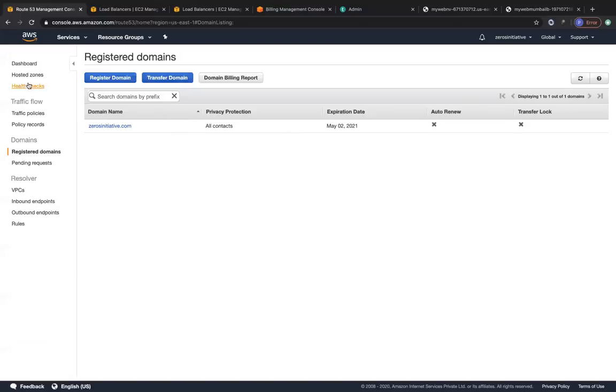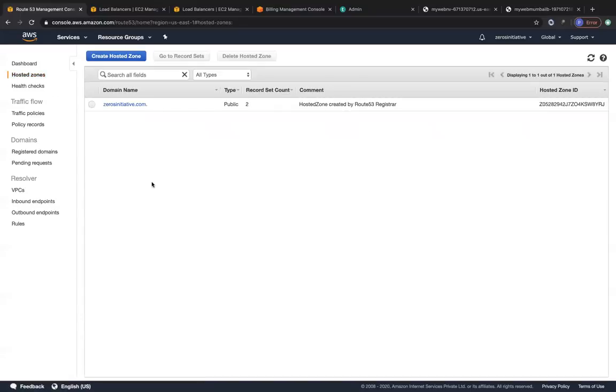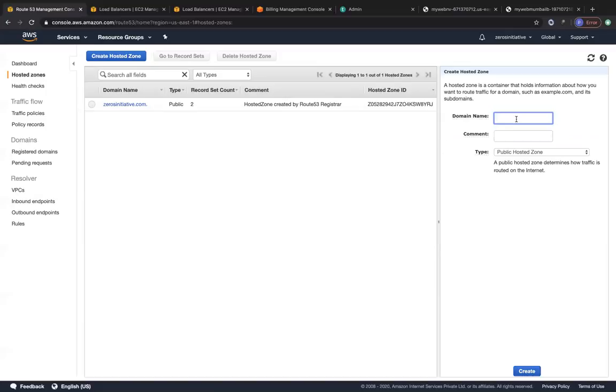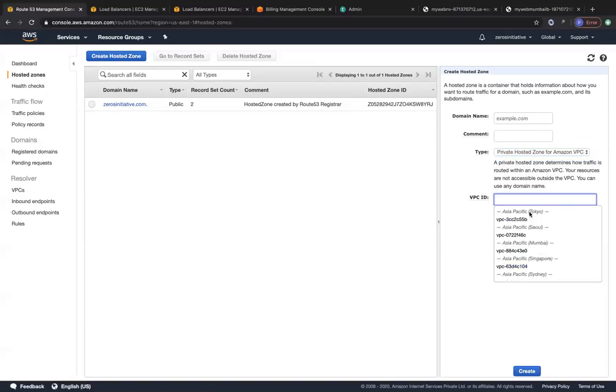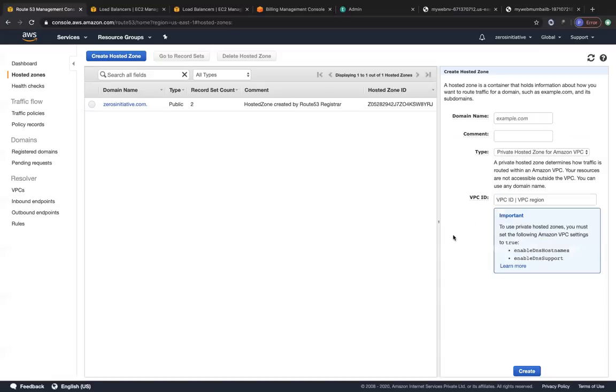So let's go to hosted zones. And by default, a hosted zone will be created for you once you have purchased your Route 53 domain, right? Before clicking on this, let me create another hosted zone and show you that we have the option of creating a public hosted zone or a private hosted zone. When we do it as a private hosted zone, we have to specify the VPC ID. And since it's a global service, it specifies all of the regions over here and all of the VPCs in that region. And this is a brand new account, so you have only the default VPCs over here, right?